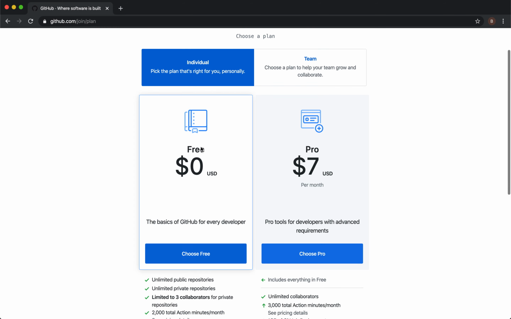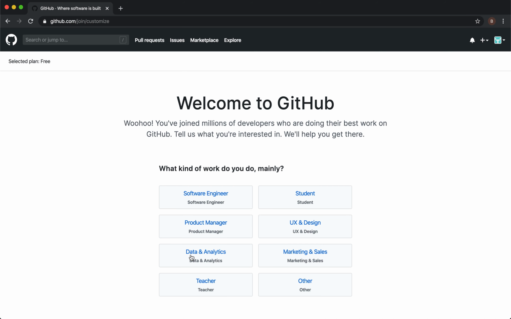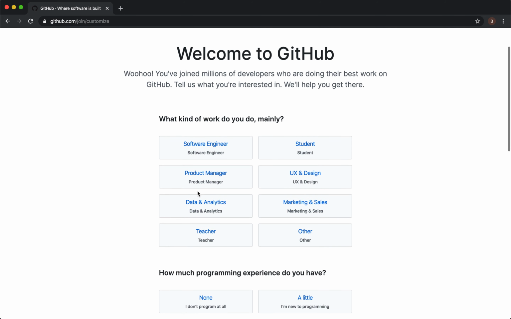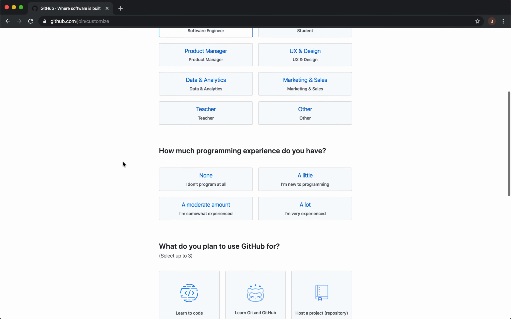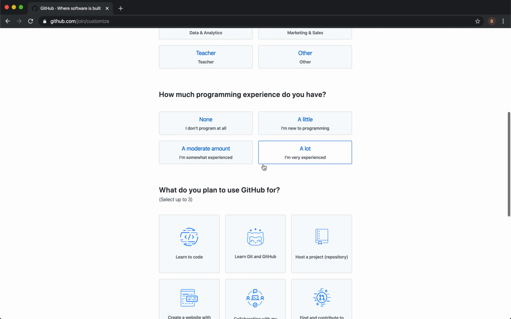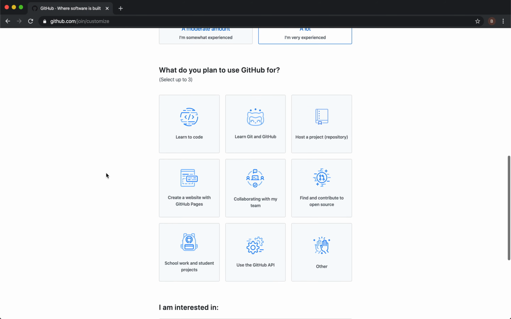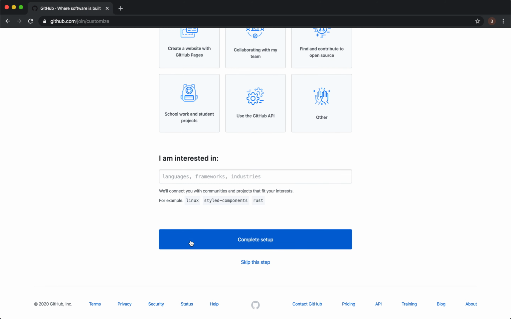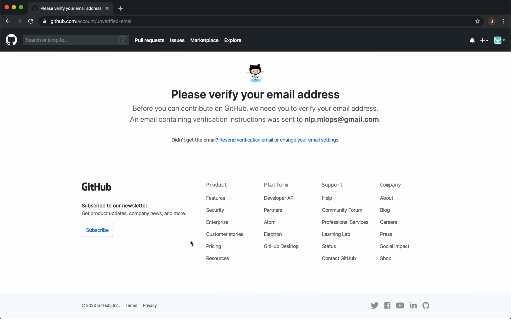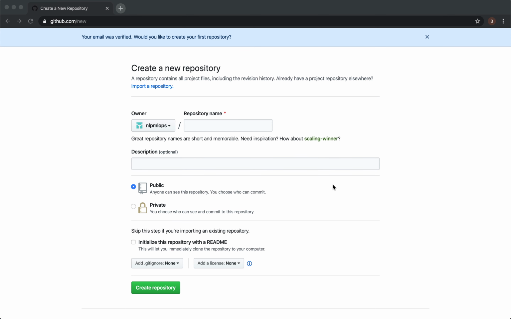All right, so we can just go ahead and sign up for a free one here. And then just click on whatever you'd like. And let's click complete setup. And now we have to verify our email address. It sent me an email, and I went ahead and clicked on the verify link, and now we have the option